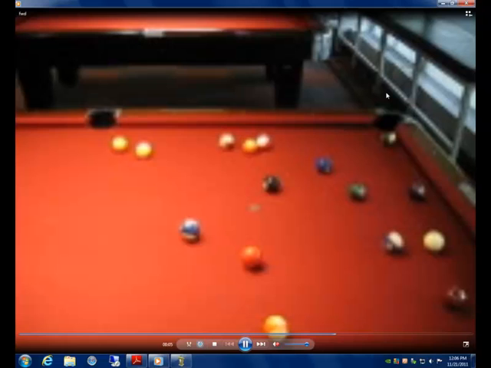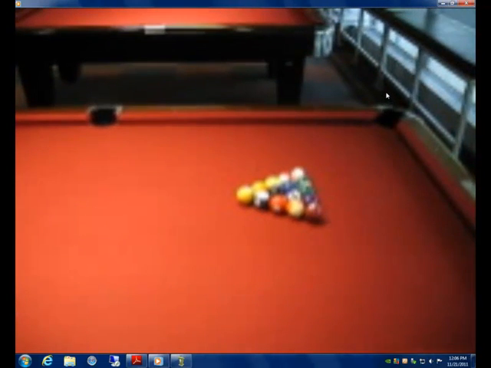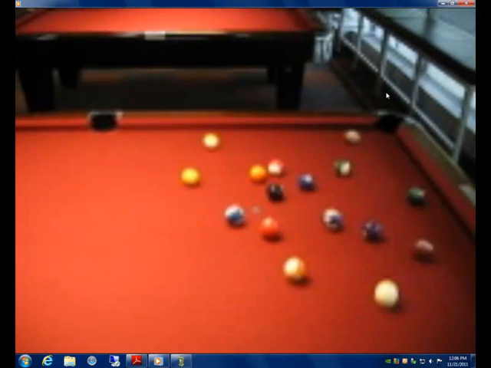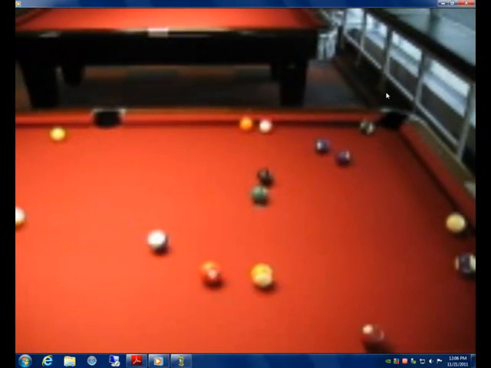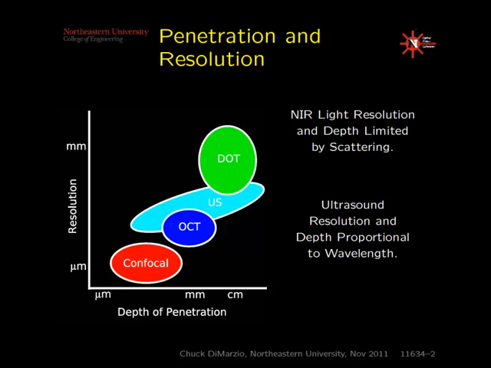Basically, light entering a disordered medium scatters and spreads itself pretty much throughout the medium. And one of the questions that we can ask ourselves is, is there any memory of where those photons came from? We know that with the diffusion of light, although we can make measurements down to optical resolution at